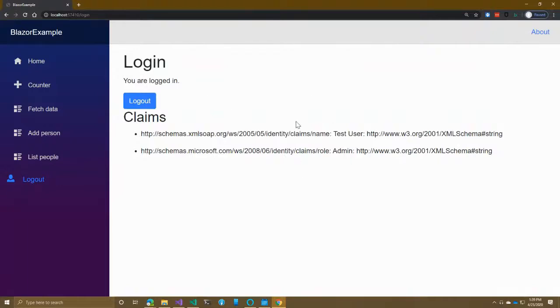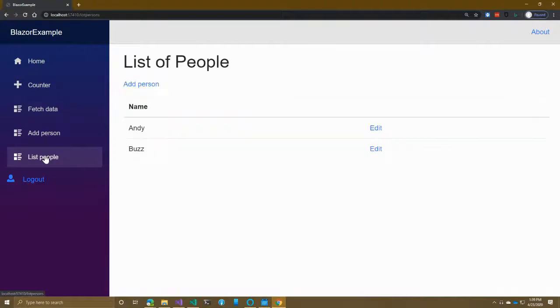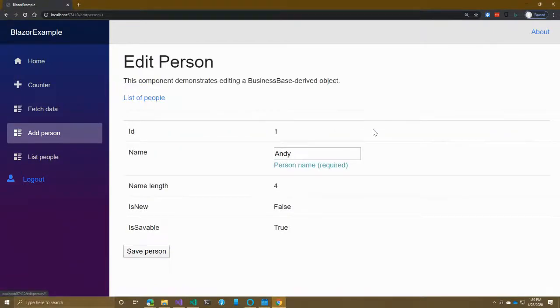and I've got this set up just for example purposes, right? So it logs me in as a user. But now if I go back to list people and I say, oh, I'd like to edit this person, now I get this edit page. And on one level, you can say, oh, this is a very browser-like experience. But then on another level, you might say, well,